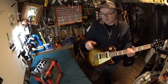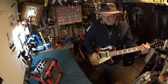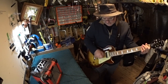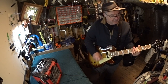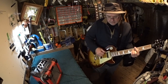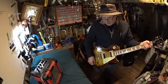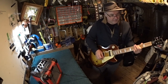And it's not bad out here, but in the house, when you put it on the coil split, you can hear the single coil hum. So switching them both to coil split single coils, not really that big of a noticeable effect, but what we did find out was that it came in quite handy with the phase switch,